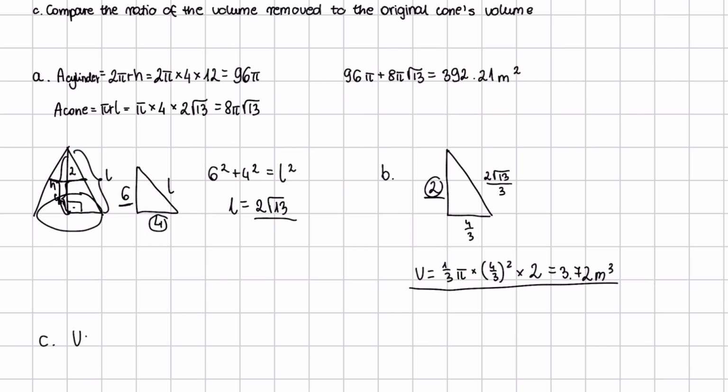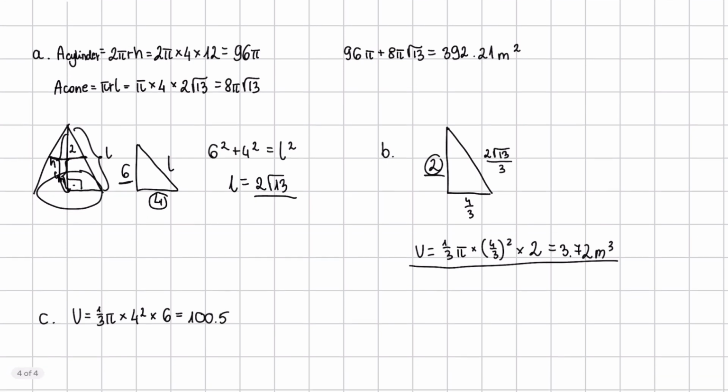So volume equals 1 over 3 times pi times r squared, so 4 squared, times height, so times 6, and this is 32 pi, so we can write that this is 100.5,